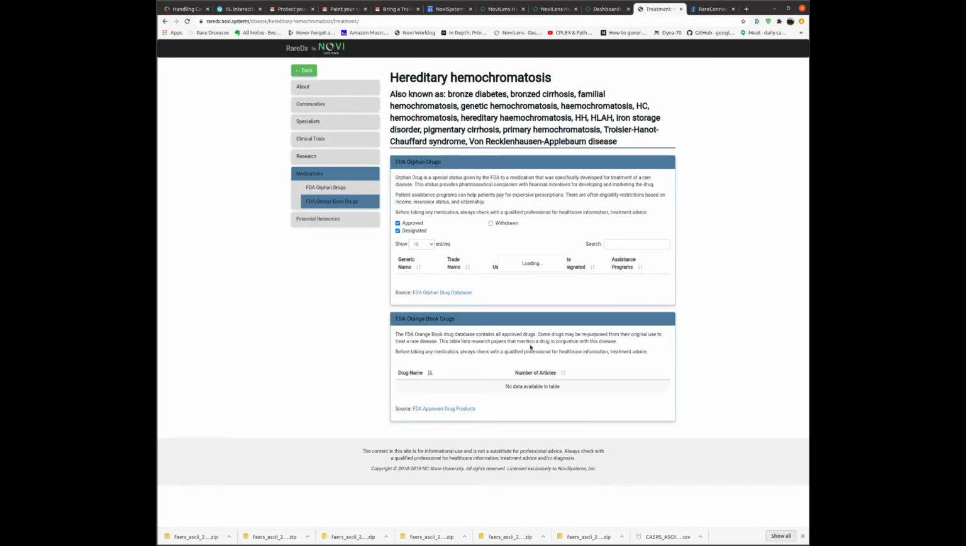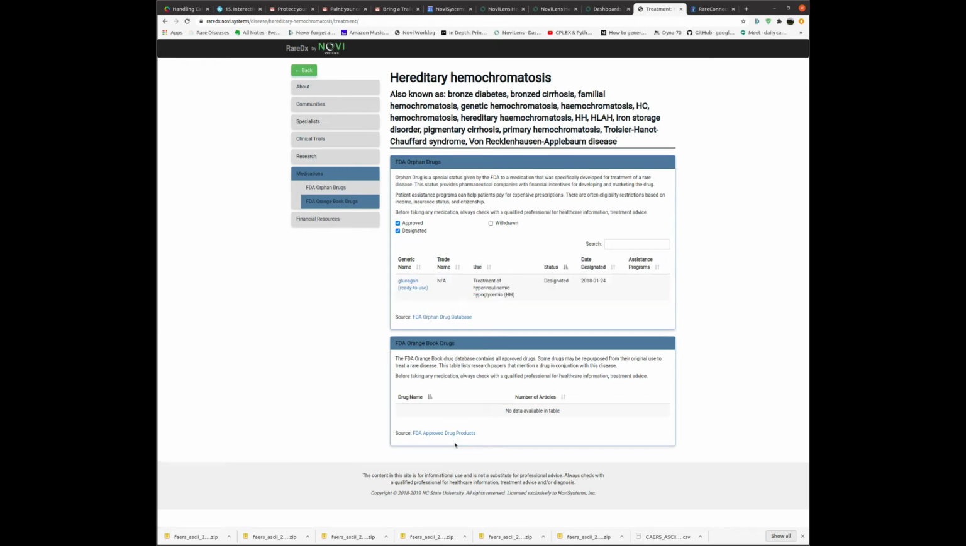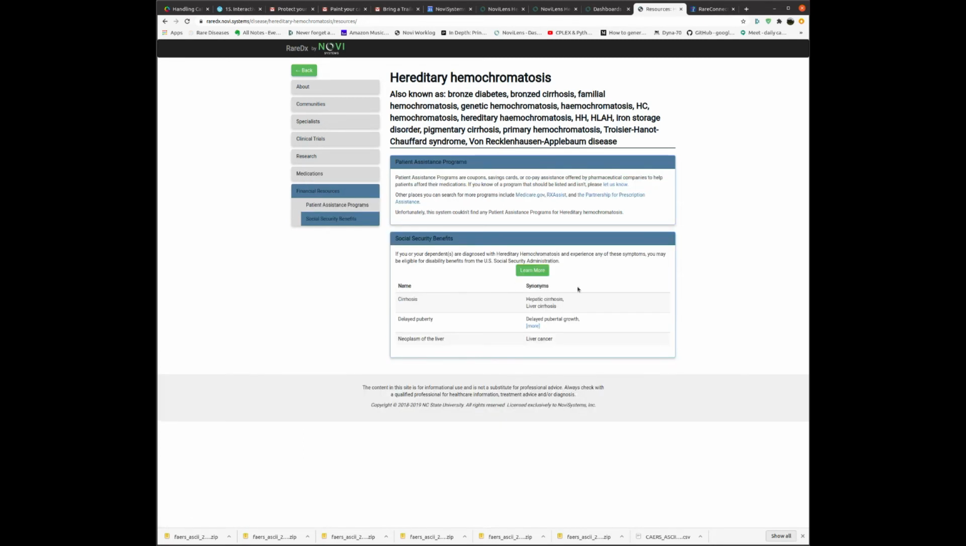Medications, same sorts of things. It goes to the drug databases, both orphan drug and the FDA-approved drugs for this. Financial resources, the system will go through and read and say, depending upon the symptoms that the disease has, does it match with anything that's listed in the Social Security Administration, things for benefits, as well as other generic terms